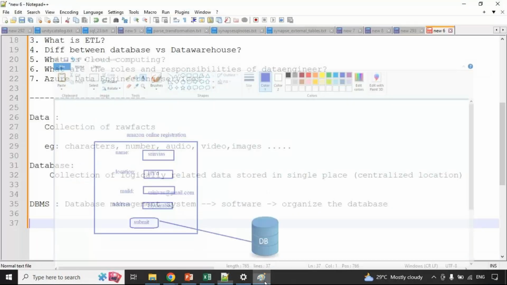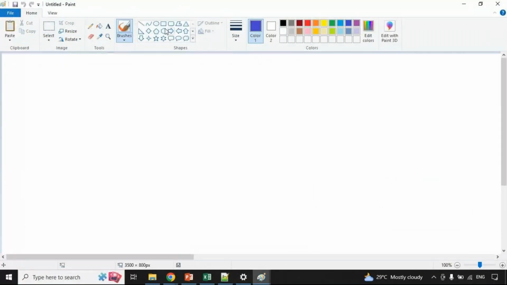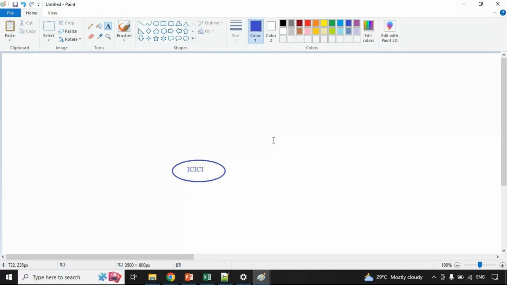Now here consider, just now I said we are going to maintain the data in the form of tables. So consider I am having a banking related example, consider ICICI. Earlier, if you remember 20 years back, if you wanted to withdraw or deposit an amount, everything you had to do manually, visit the bank and fill a form. Now software came into the picture, so they are going to maintain the data in the database.